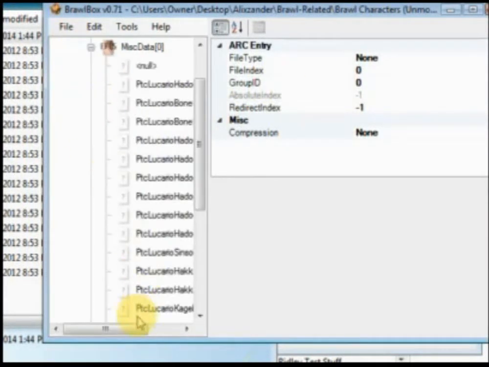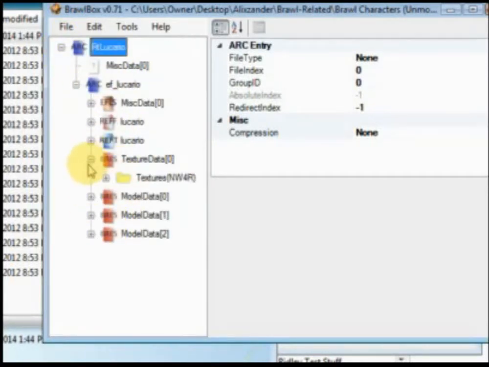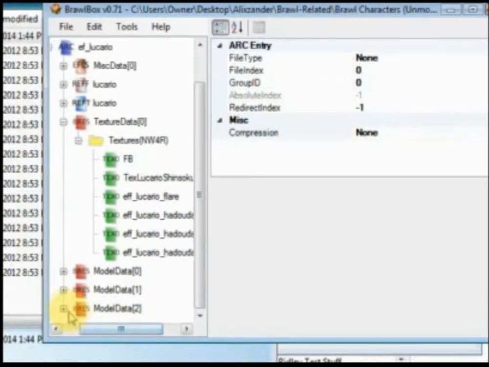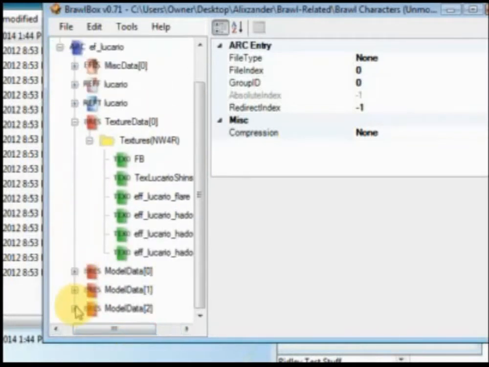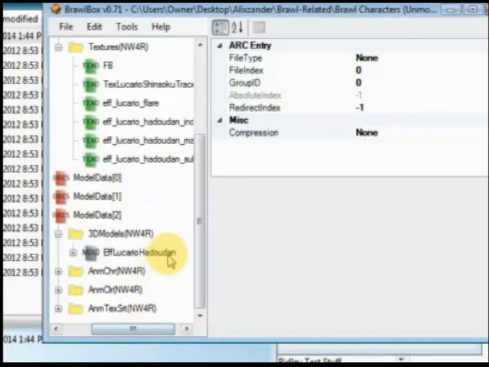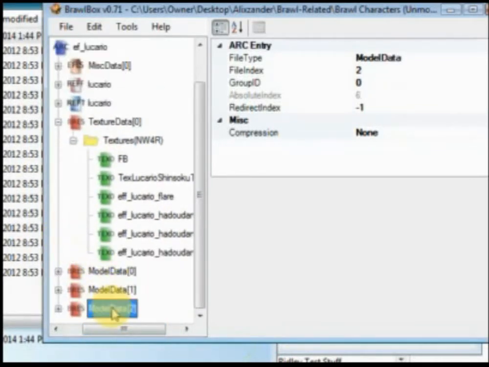First of all, if the GFX uses a model, you'll need to figure out which one it uses. In Lucario's case, it's Hadoan, whatever it's pronounced. If it's a model, you'll export it